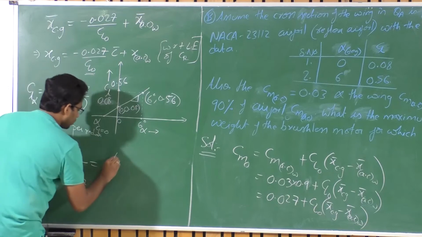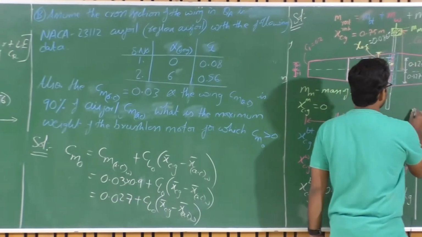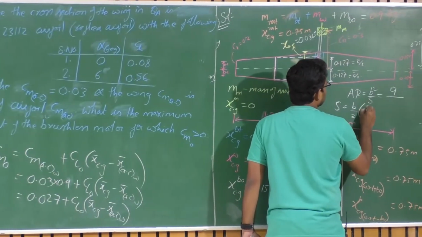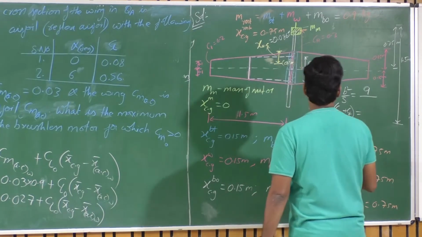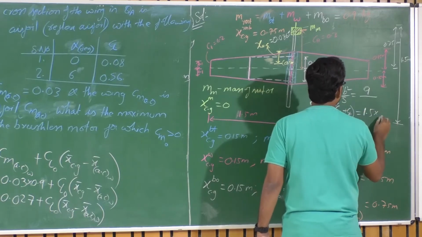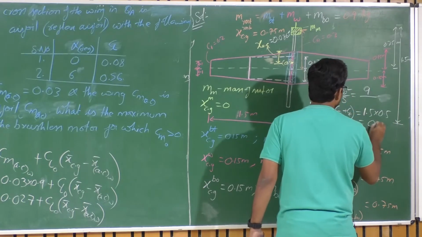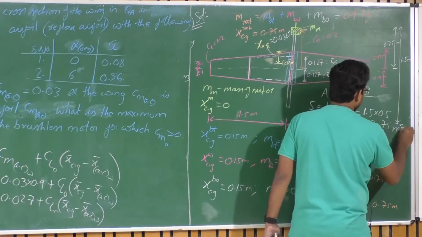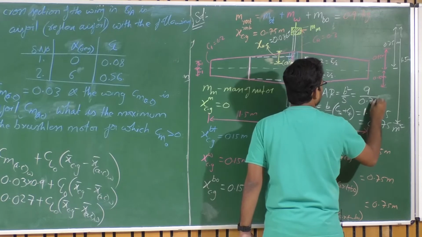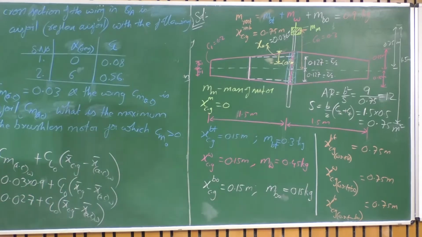Once you substitute this 4.6, we need to find out what the aspect ratio is. So b square by S. S you can find out as b by 2 upon CR plus CT, right? What is the value here? b by 2 is 3 meters upon 2, which is 1.5, times CR plus CT, which is 0.5, so S is 0.75 meter square. So the aspect ratio is 12. Okay. So 9 upon 0.75 is 12 there.